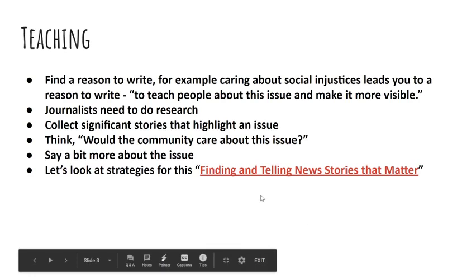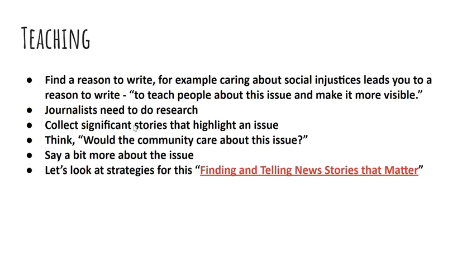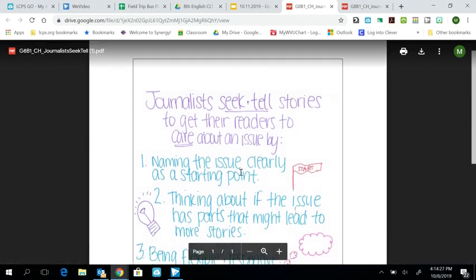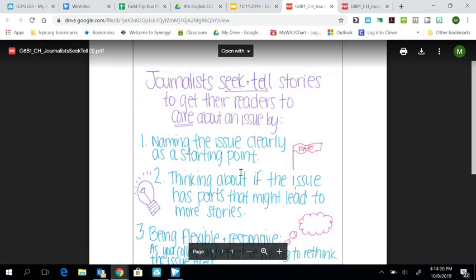So today we are especially going to focus on more of these bullet points here, where we're collecting the stories that we have that highlight issues and thinking about whether the community cares about the issue that is being highlighted or not. We have an anchor chart here that we'll take a look at, and it gives us some tips for doing this. It says journalists seek and tell stories to get their readers to care about an issue by,